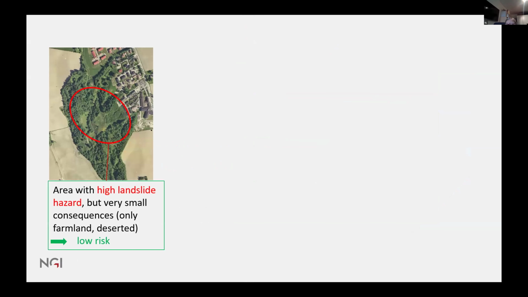And first, to define risk. Here you have an area in Oslo, just south of where I live, and the slope has a high susceptibility to fail. There's a number of houses, but if this slope fails, it goes downwards, and there's nobody living in the area. There's farmland, but not even big animals. So you can say that the hazard is high, but the consequences are low. There are no lives at stake. So that is called low risk.